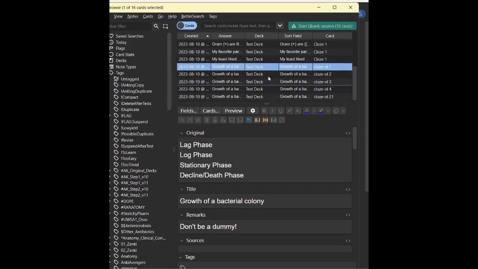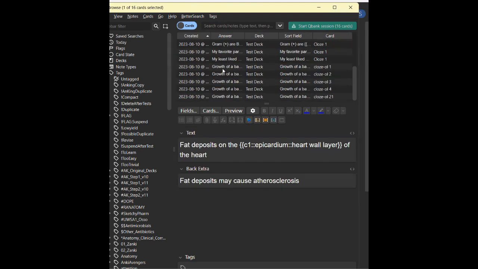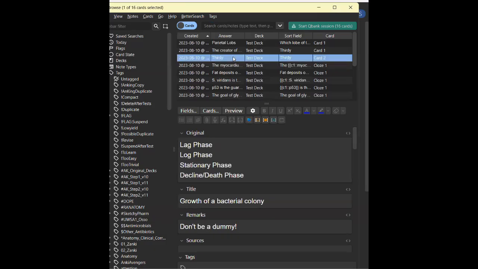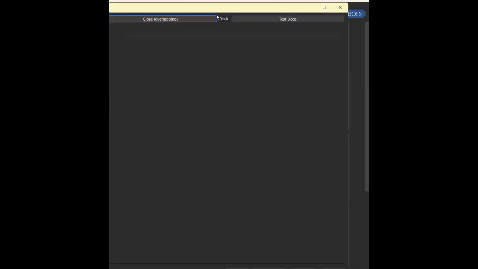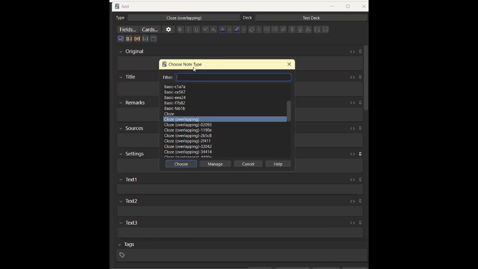You might be wondering, what's the difference between a note and a card? Each of these is a card. However, this entire thing is a note. For example, a while ago, this card had 2 cards, but there was still just one note. That is why when you add a card, it talks about note type. I hope that makes sense.